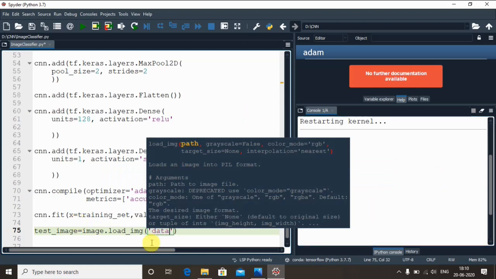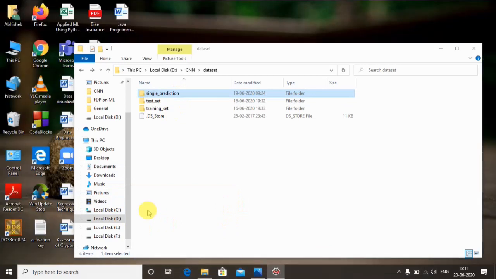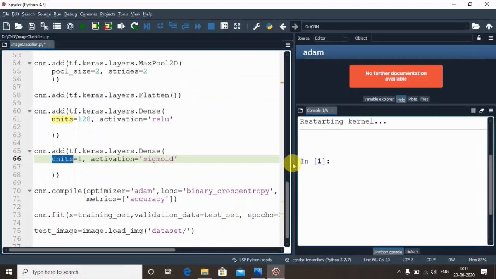Okay, so that is the path where it is data slash what is the name of the folder. I just copy and paste to avoid mistakes. Okay, so I'll go through here, right? I just copy here single_prediction slash, done.